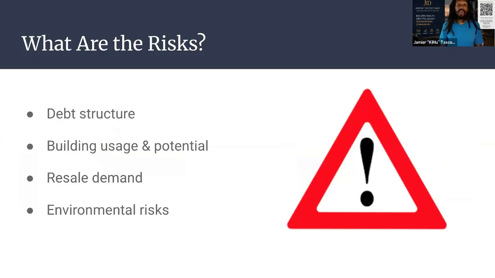What is the interest rate? What is the loan term? What is the amortization period? How much debt am I getting out on this property? You also want to look at the building usage and the potential environmental risk. Okay, is this a flood area? The risks are very similar across all asset classes. But the most important risk is, of course, going to be the money risk. Also, the environmental risk, because you can't control the environment.